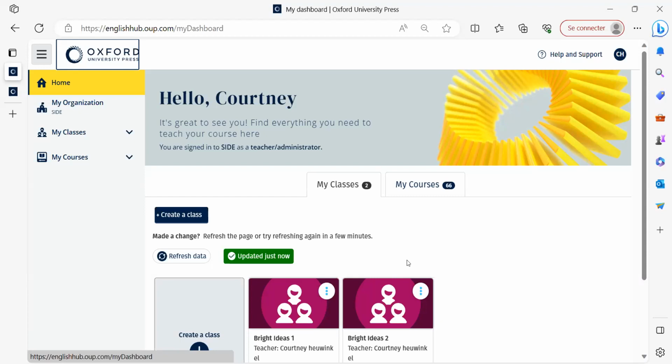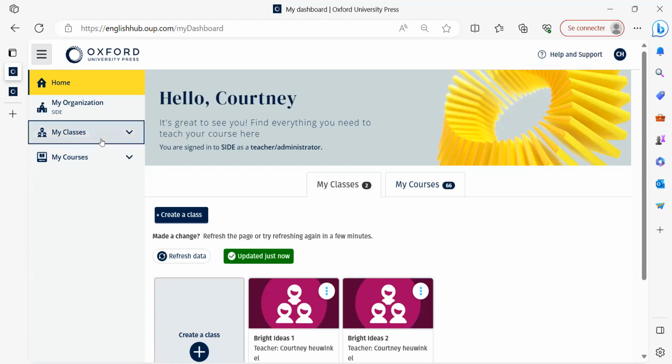They have maybe three things to enter: find their name, choose a password, and the code that is from their book. Actually, they need four things. They need their name, email address, the code from the book, and the code from your class that you're going to create from here. So click on My Classes,